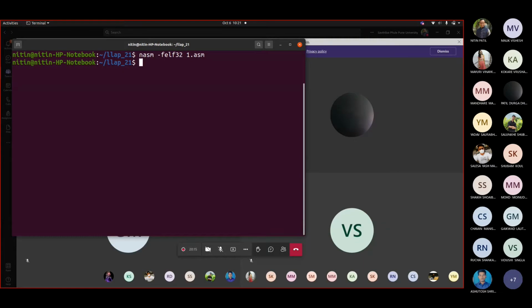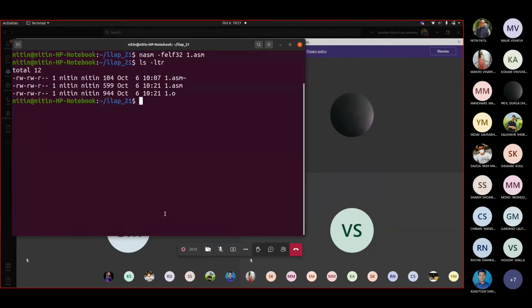Now when you do this, you can see an object code is created. If I write the file command, this tells me that 1.asm is C source ASCII text. So it is assuming that it is kind of C source.